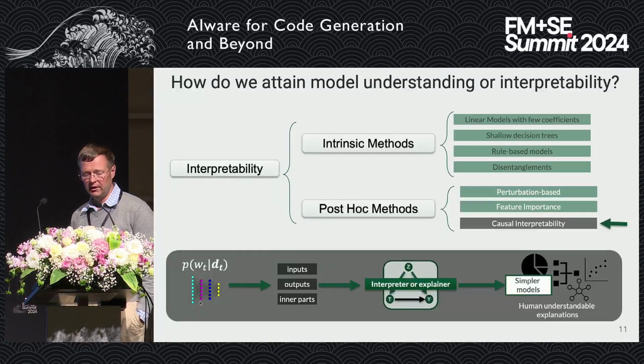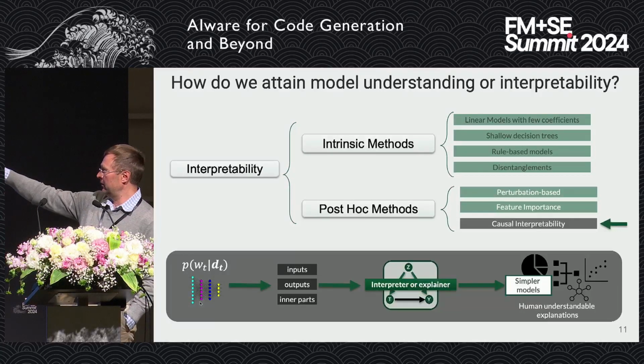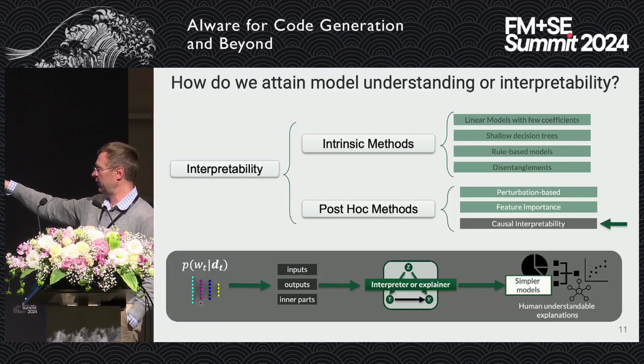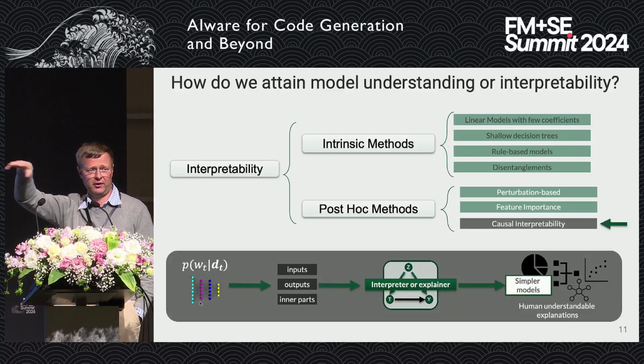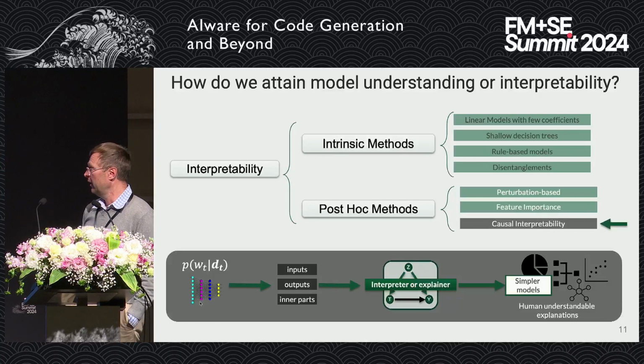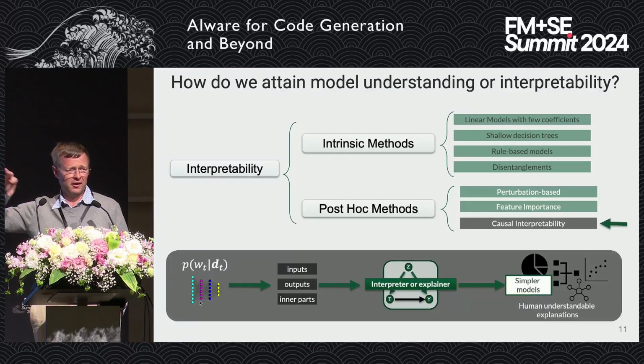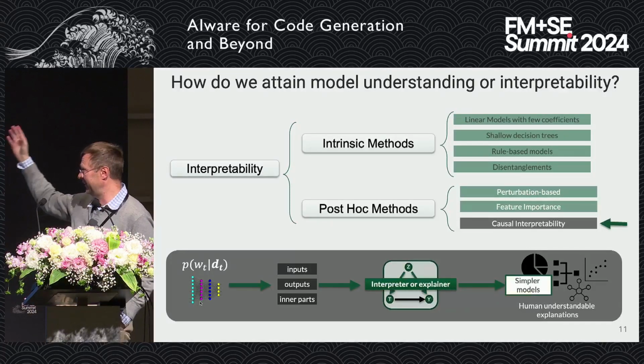So in our work, we actually reside in the class of post hoc methods, right? Our approach for causal interpretability is post hoc. There is a lot of work which has been done with intrinsic methods, and there are some actual experts in the room. And again, many of those methods are coming from that golden era of canonical machine learning techniques, like rule-based models, shallow decision trees.